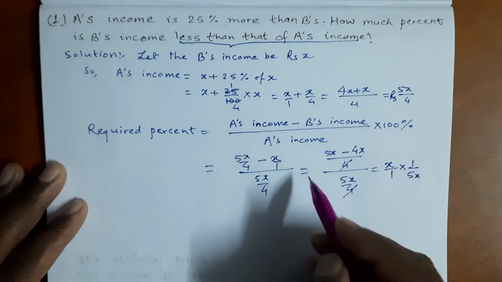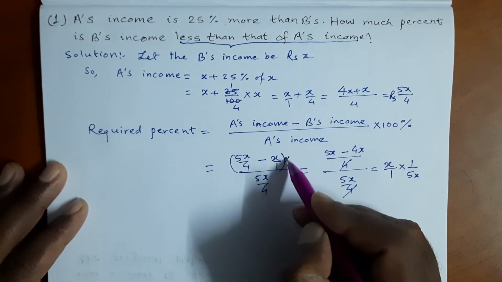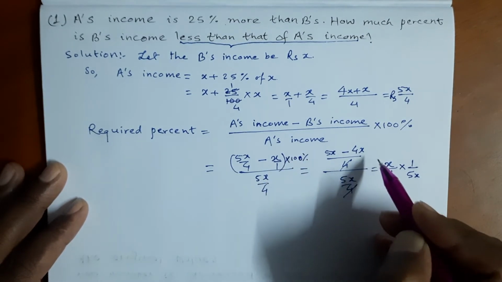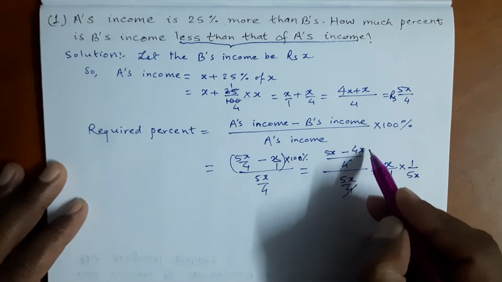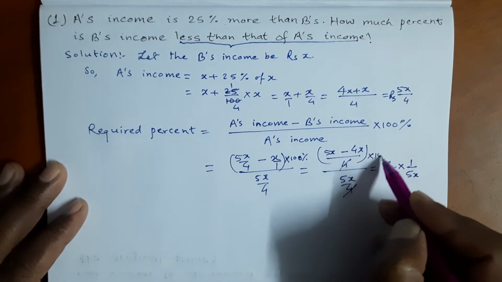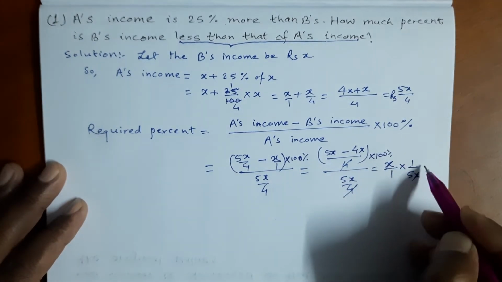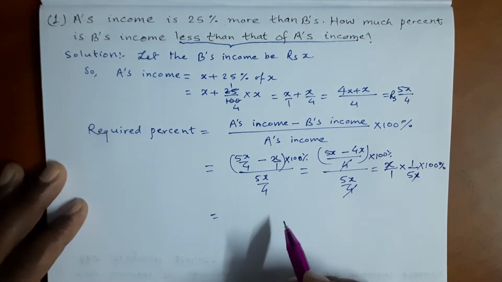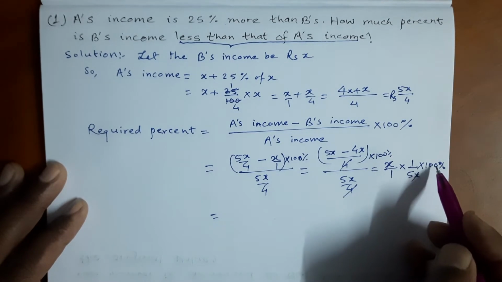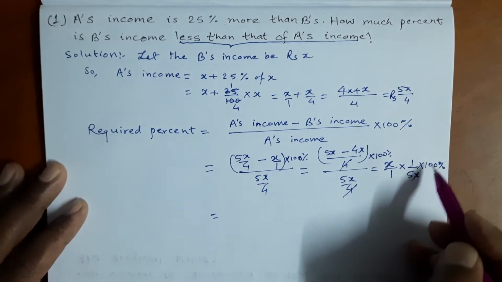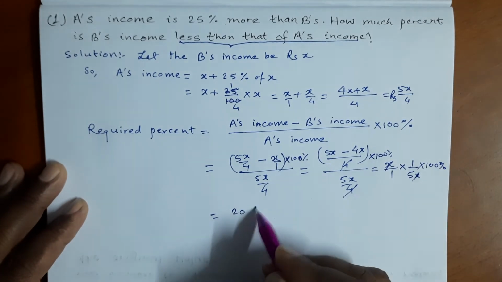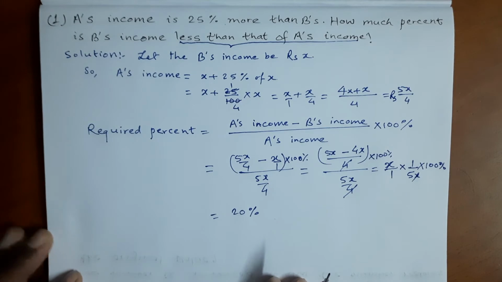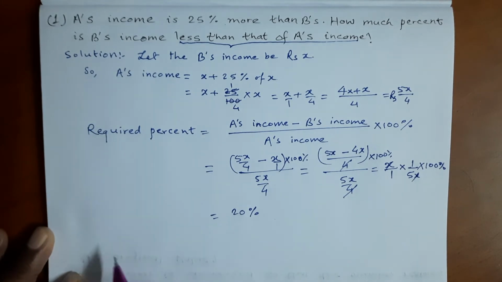And we also need to write here 100 percentage. This x cancels, here 100 percentage. Now this 5 can cancel this 100: 5 twenties are 100, so 20%. Therefore by 20%